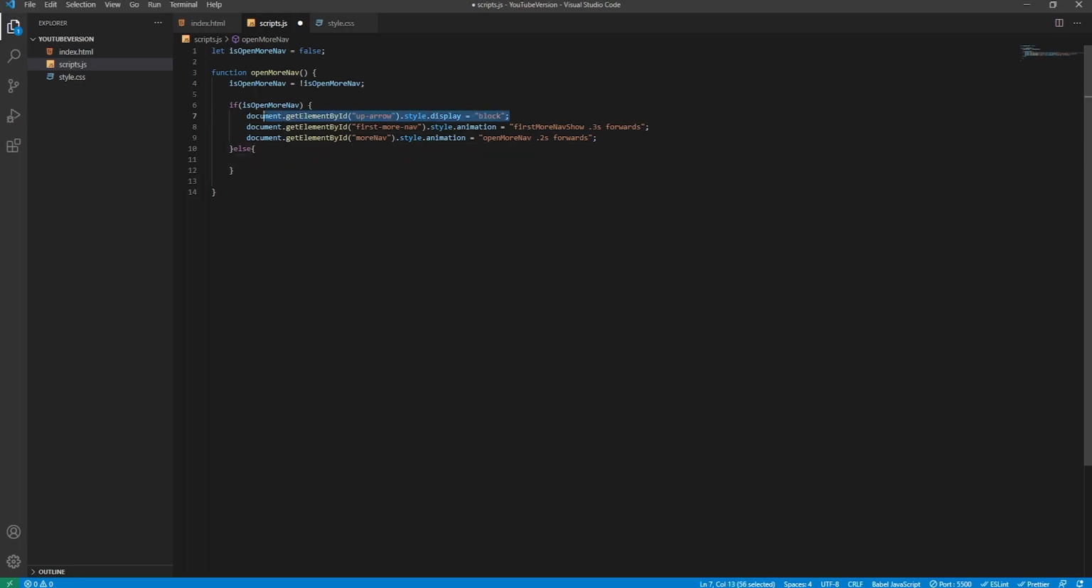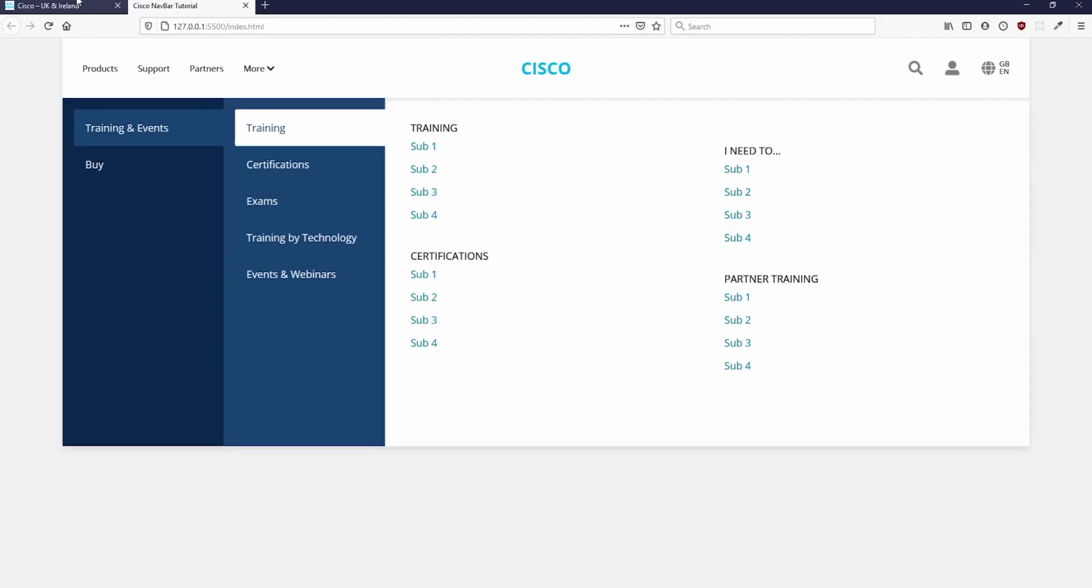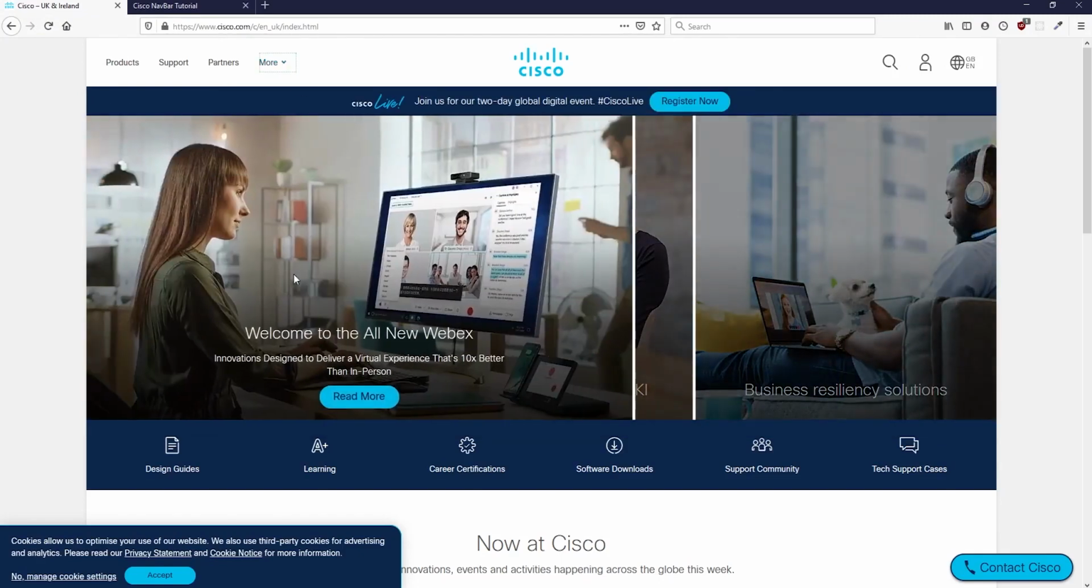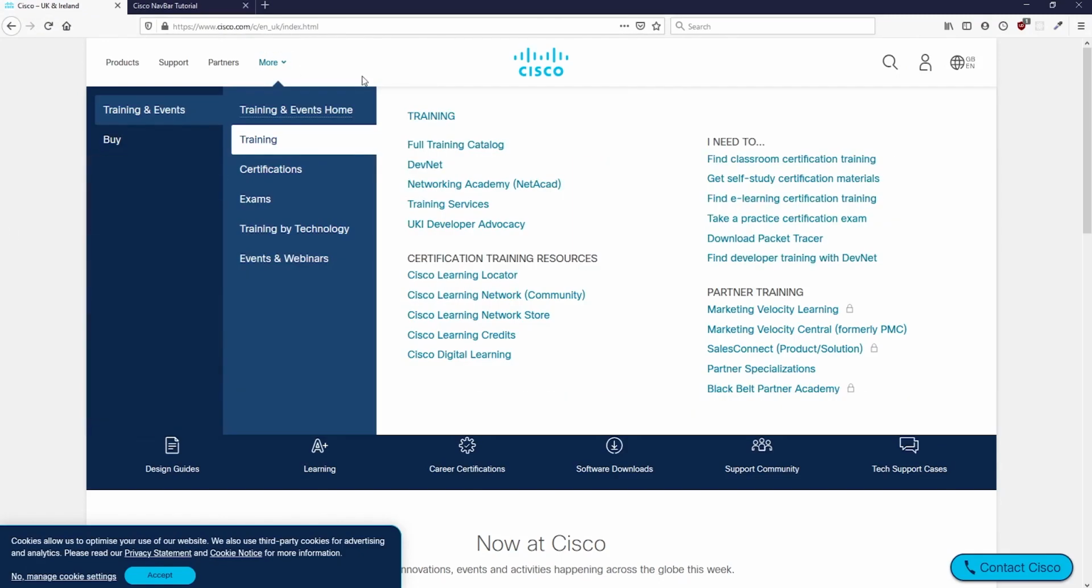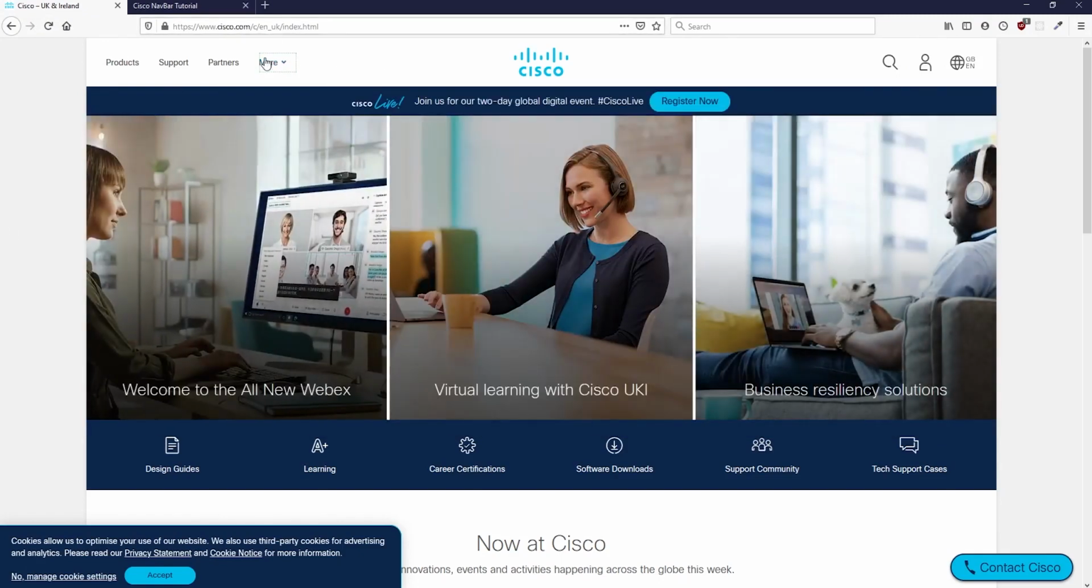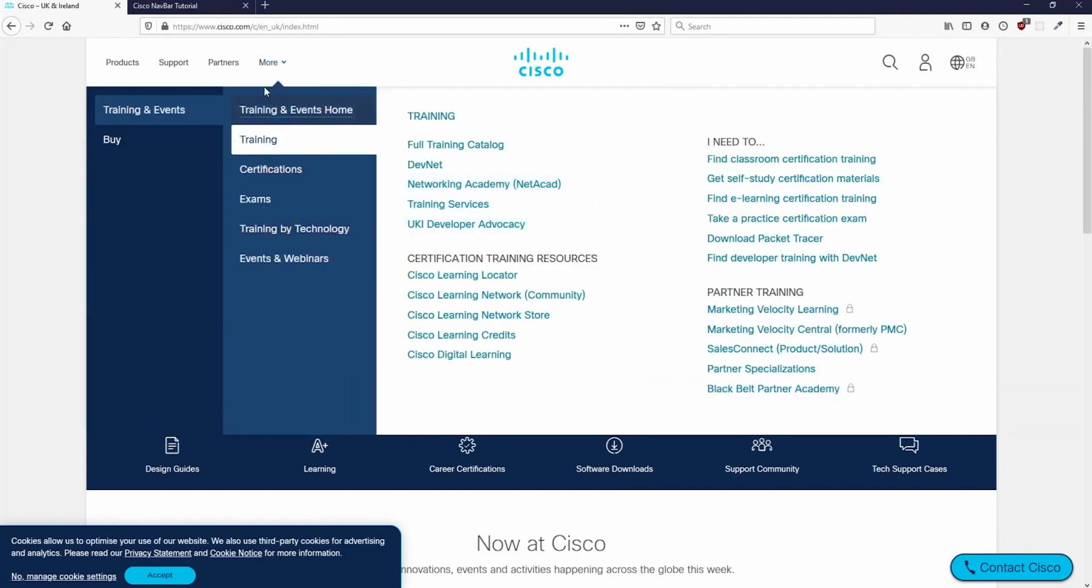So we'll set the arrow to be none to make it invisible again, and then we'll trigger the mega menu's closing animation, which is called close more nav. Below that, what we need to do is, on the Cisco website, when they trigger the closing animation, you can see that all this text disappears and everything changes color. It's the same color as the first